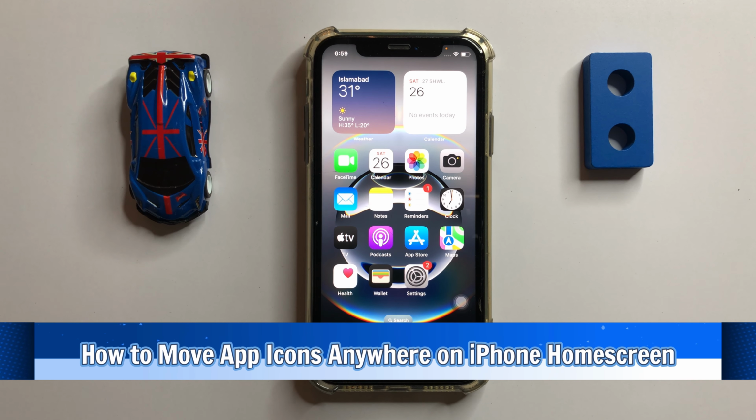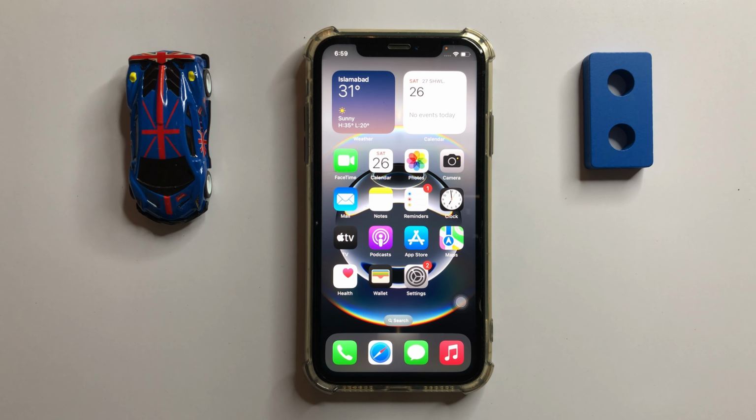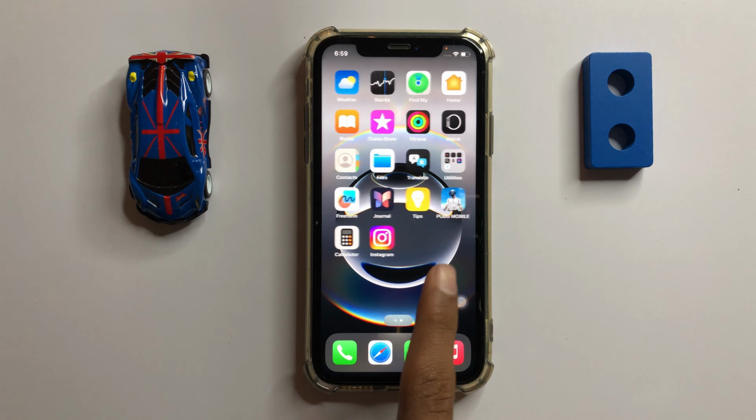How to move app icon anywhere in iPhone. So let's start the video. First of all,